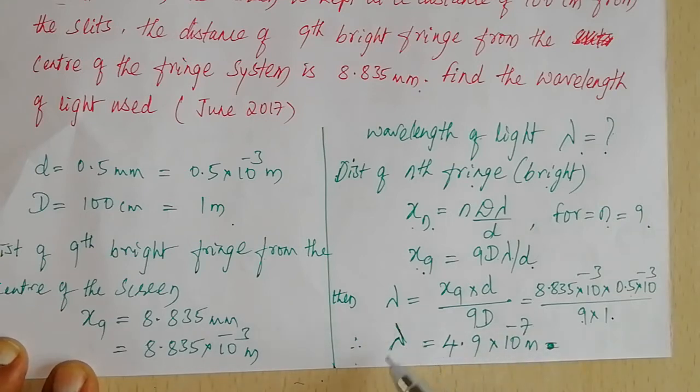So the wavelength of light used in the Young's double slit experiment is 4.9 into 10 raised to minus 7 meter. The next one,